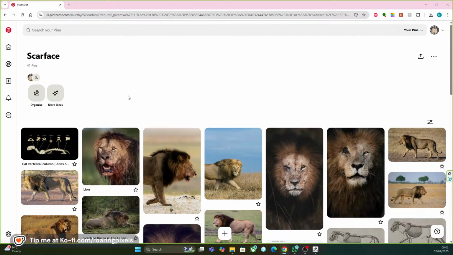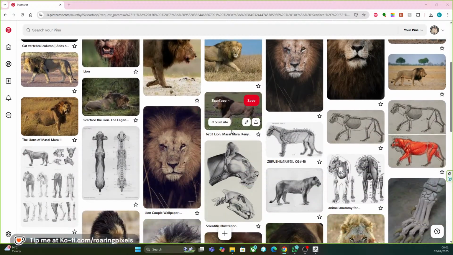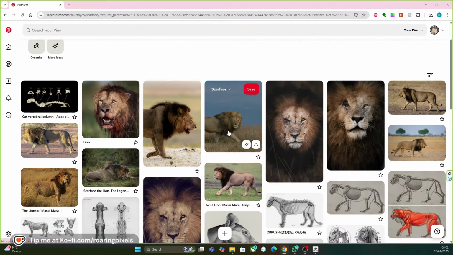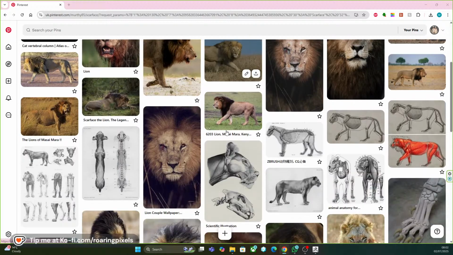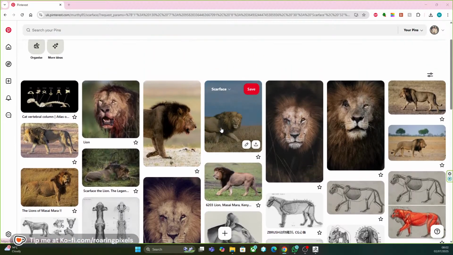What you're looking at here is a board from my Pinterest page, and here I've collected quite a lot of references of a lion. This is not the end-all list. There's going to be a lot more references that I will be adding to this as we go along. Our lion is Scarface, the legendary Scarface from the Masai Mara